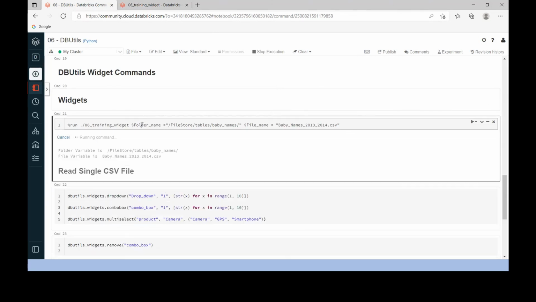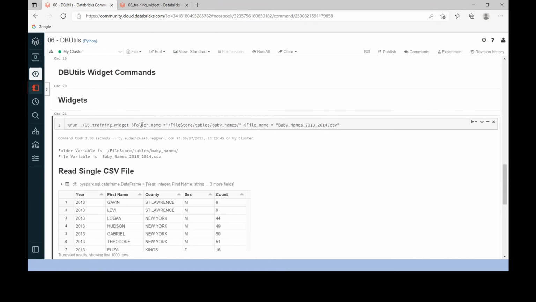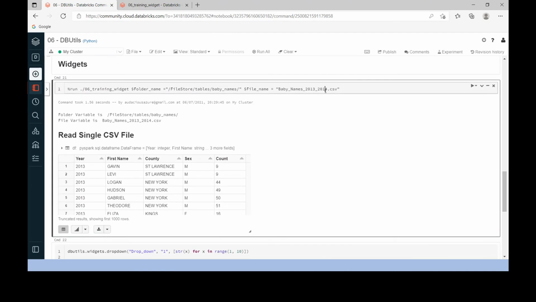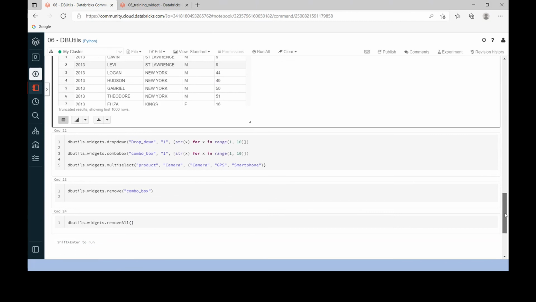So let me execute this one. Here you can see the execution is successful. As I told, it has created the data frame by reading the CSV file, and that is displayed. I hope you understood the widgets, text, how to create text widgets and how to get the value.